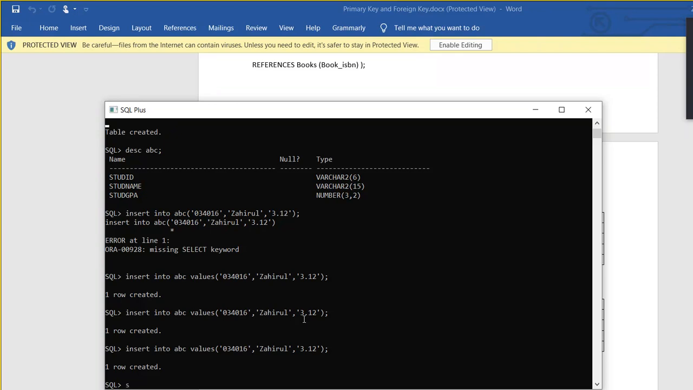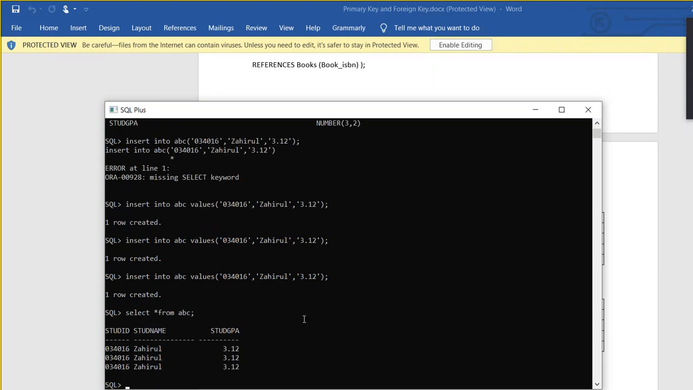No complaint, right? Now, if I do select star from ABC and then if you put a semicolon, how many records do I have? 3. And who are they? All of them are same people, right? Same people, same information. Now, if I write a query in this way, select star from ABC, where stud ID